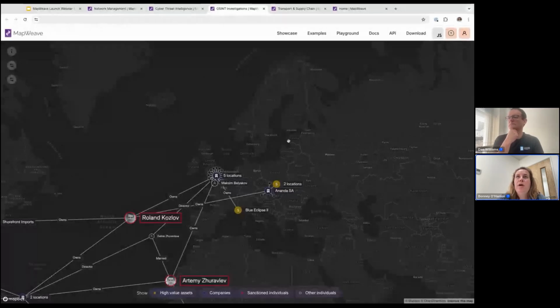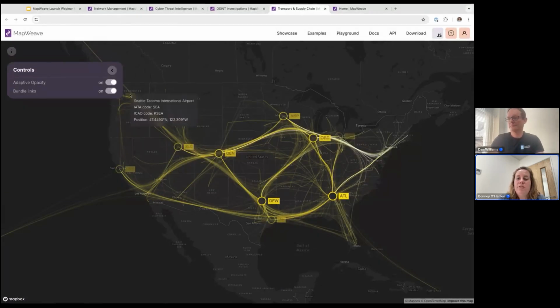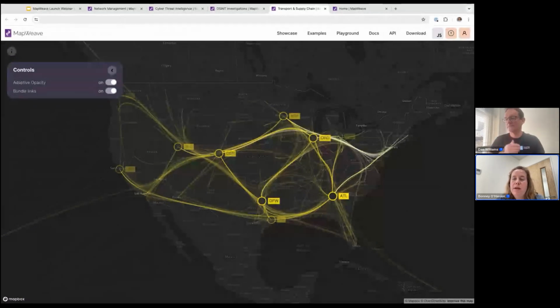So I'll keep on going and move up again in dataset size. Here I wanted to show you some clever bundling and heat mapping in MapWeave to visualize flows between nodes. Here we're showing over 4,000 different flight routes across the US. And this demo shows many of the features that I've already shown, but it also showcases some of the kind